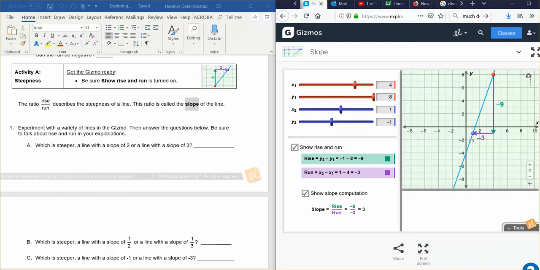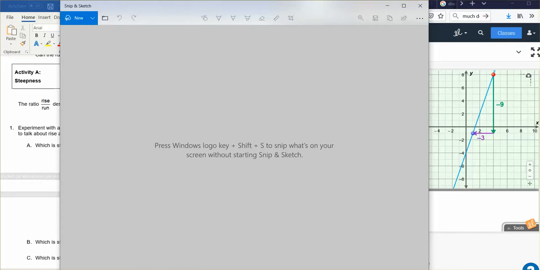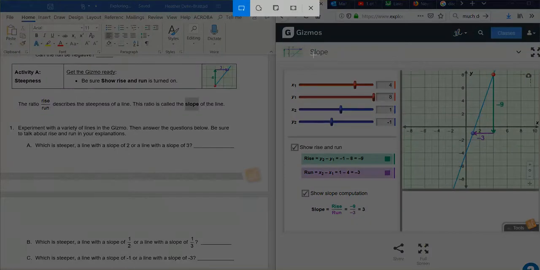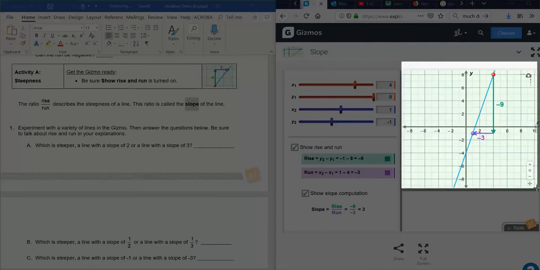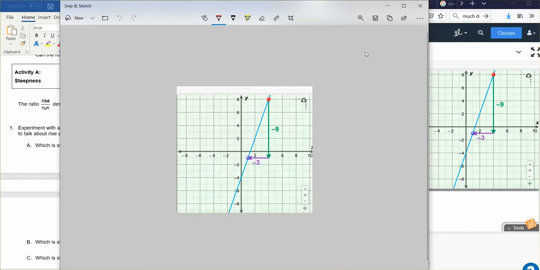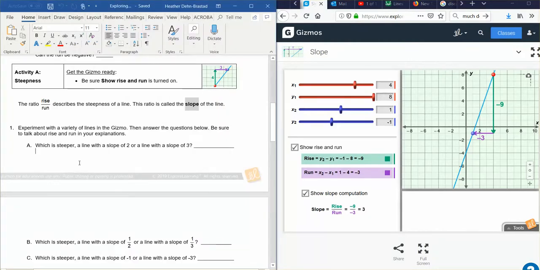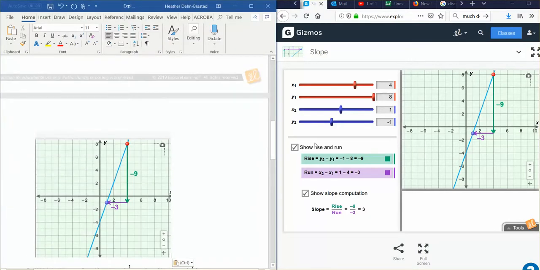You might even want to take snapshots of these so that you can look at them side by side. Here's a slope of 3. I'm going to do a quick screen capture of this. No, I'm just going to do the graph. It'll be smaller and easier to fit. There's my slope of 3. So if you were climbing that hill, that would be pretty hard to climb. That looks pretty steep. And I'm going to paste that into my worksheet